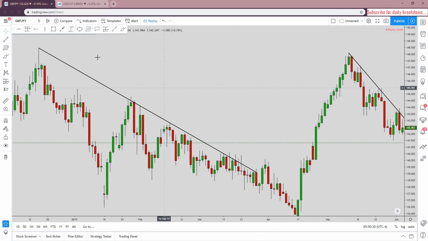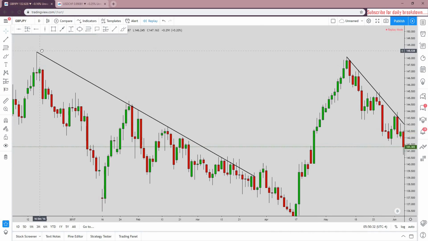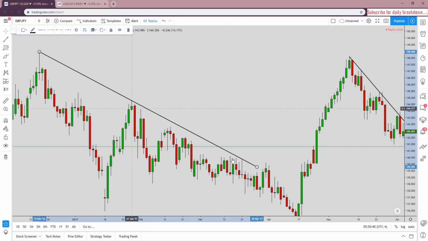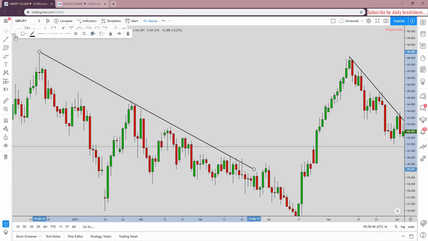So keep going. If you have a high here, you have a high here, and you have another high here, most traders will take the trend line this way. But if you do this, you are not identifying many levels. If you do it this way,